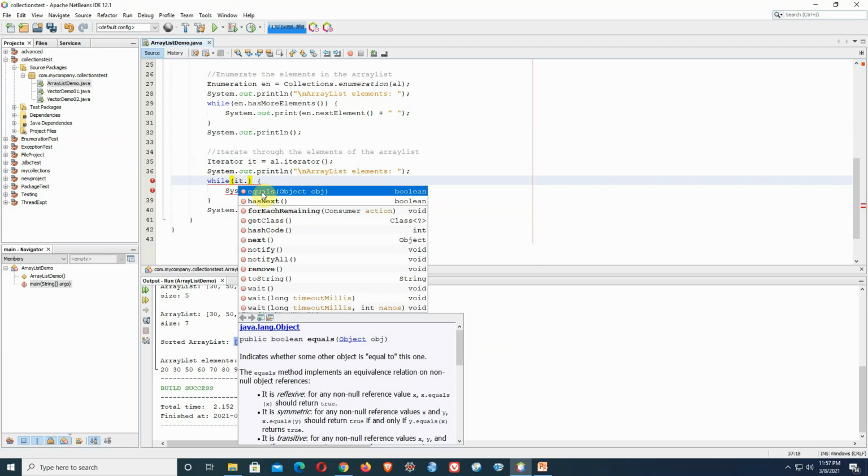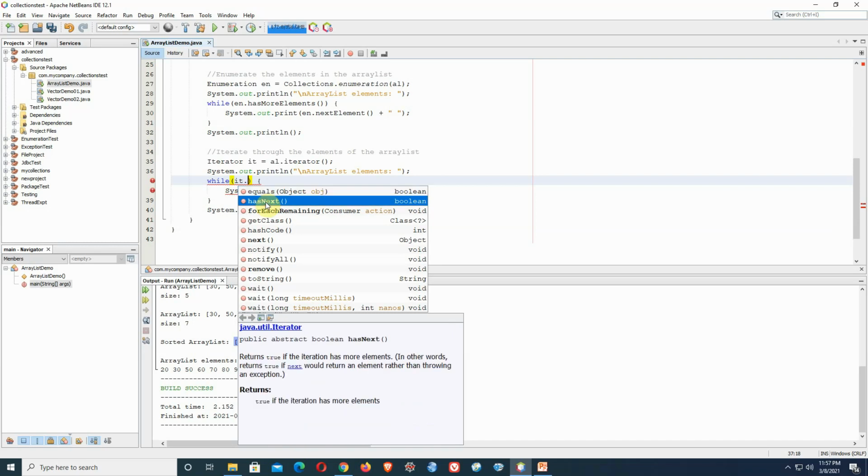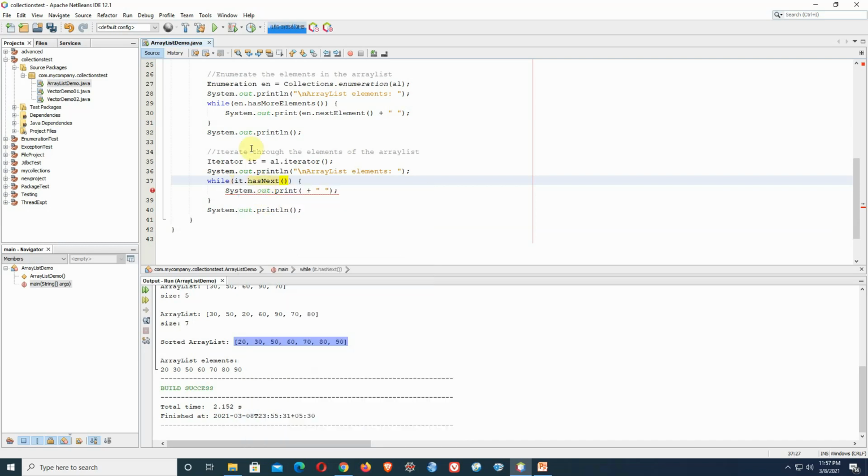The difference between Enumeration and Iterator is that you cannot remove any element from the Enumeration, but you can remove any element from the Iterator. That is an extra facility provided in the Iterator interface. Now I am using the hasNext method. It is checking whether the array list elements stored in the iterator are empty or non-empty.